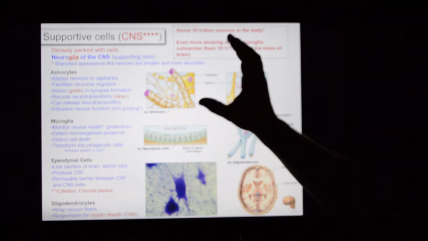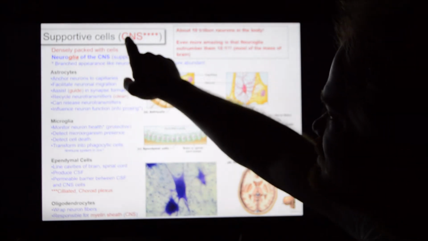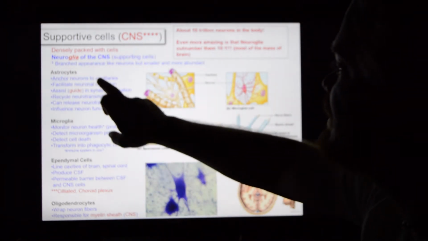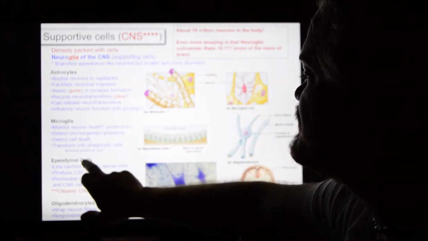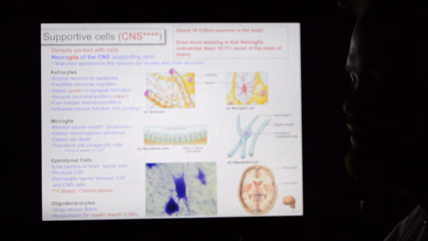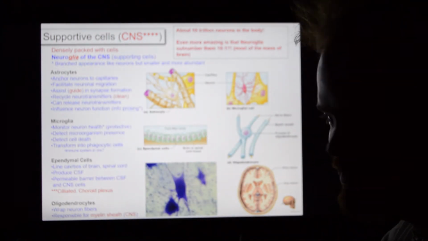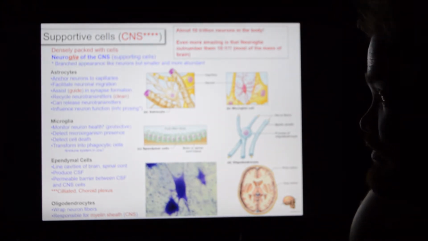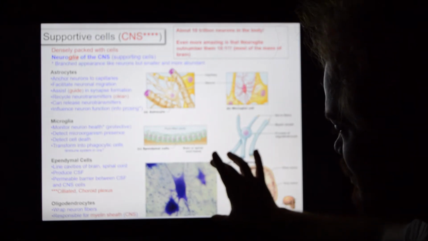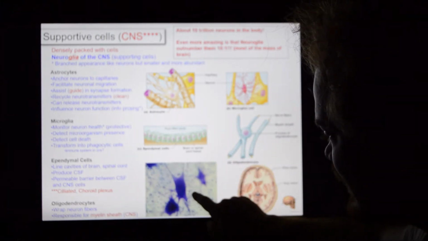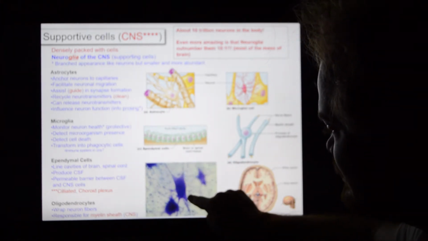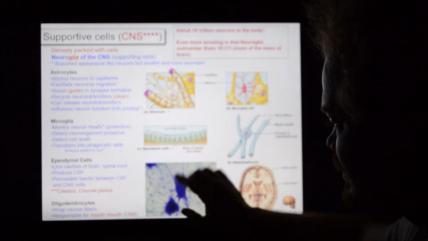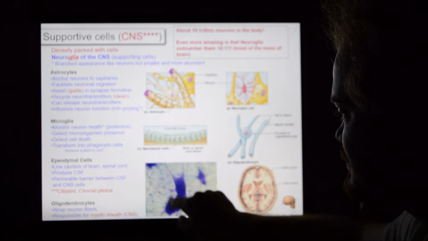And these neuroglia are specifically of the central nervous system. I will talk about four main types here. These are the astrocytes, microglial cells, ependymal cells, and oligodendrocytes. Those are all good terms to say. Oligodendrocytes. Now, you have seen neuroglia before. When you looked at photomicrographs like this, you could see the little dots. This is a good neuron. These little dots, these are neuroglia. That's a neuron. These are either axons or dendrites.